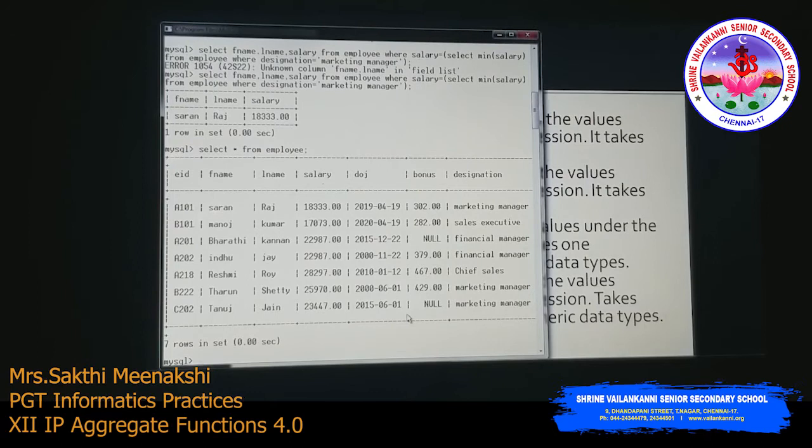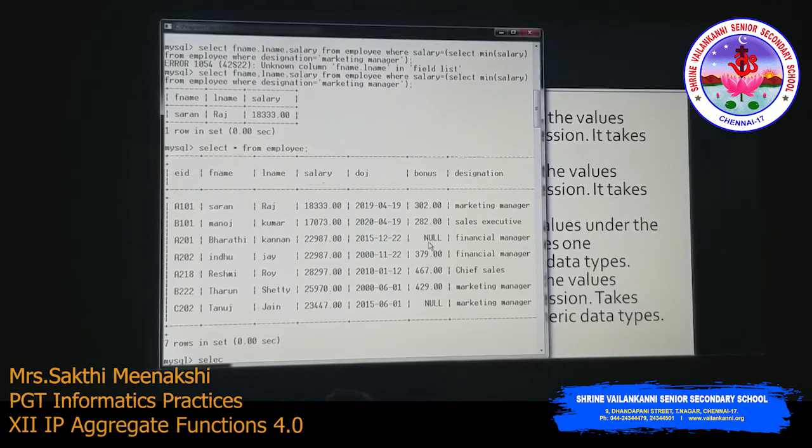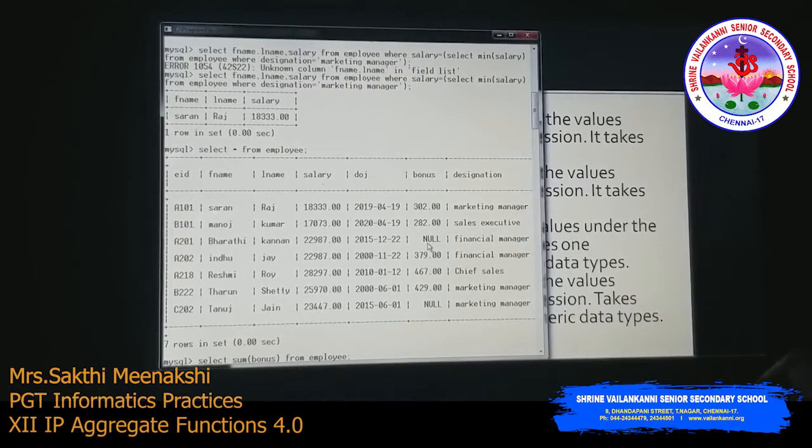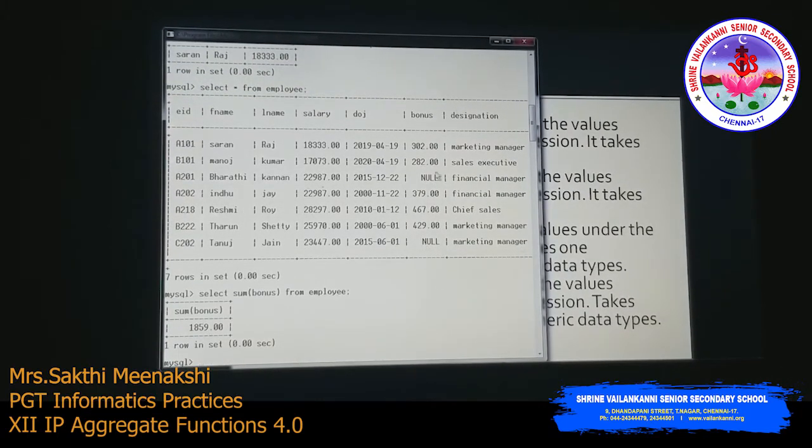So this is the table. What we are going to do, we are going to sum up all the bonus. Select sum of bonus from employee. So this will add all the values excluding the null value. Null is ignored here. So only these 5 values are added. In the same way we can use it along with an expression also. So instead of column name, we can use the expression and we can check some conditions with that, right? This is the same as min and max function. It just finds the total.